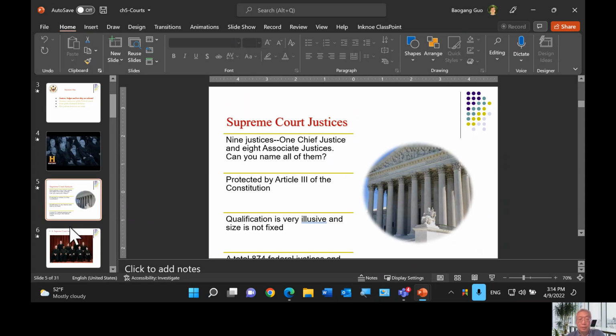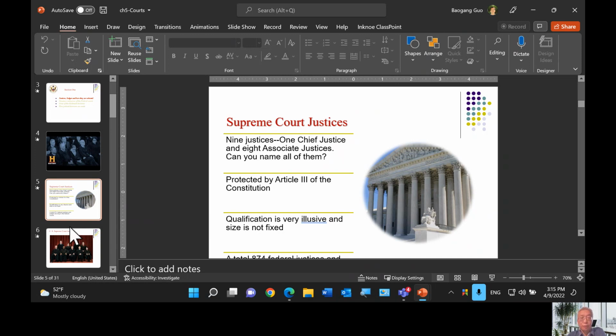Among the 9 justices we have on the court, we have 1 Chief Justice and 8 Associate Justices. All of them have to be appointed by the President and confirmed by the Senate. So you don't get promoted from Associate Justice to Chief Justice. It's a separate nomination process.